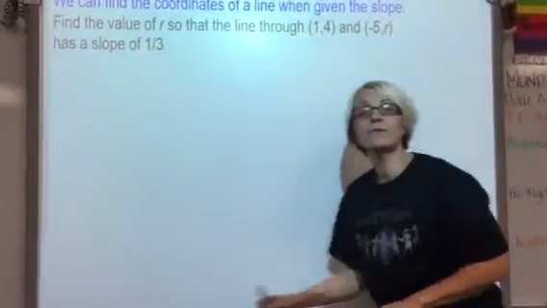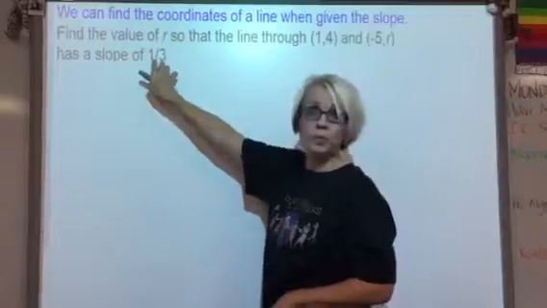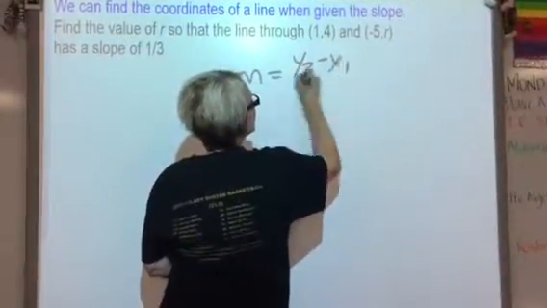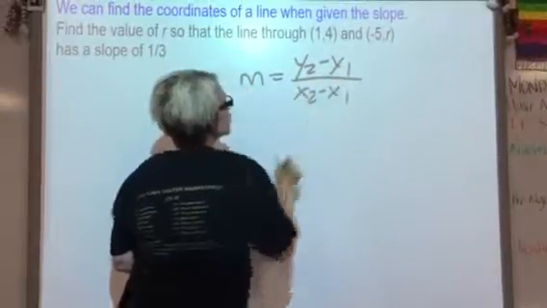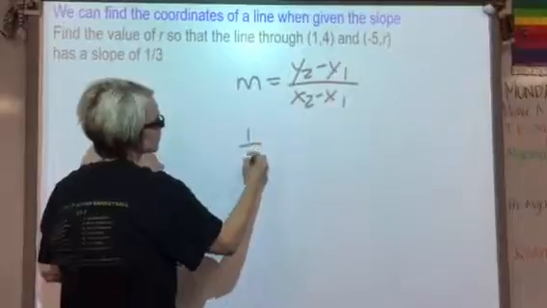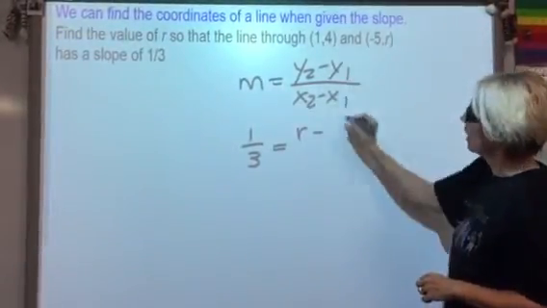Now, what happens if we have a missing coordinate, but we know the slope? Well, we can use the slope formula. Here's the slope formula. So we're just going to plug values into this formula. Slope is 1/3. And then my y2 is r, minus my y1 is 4,